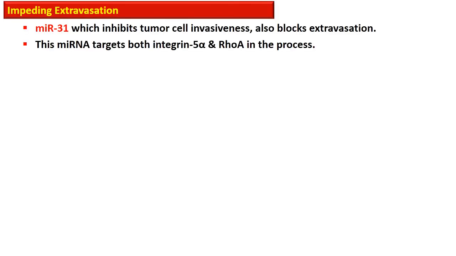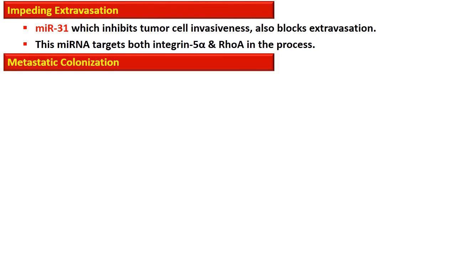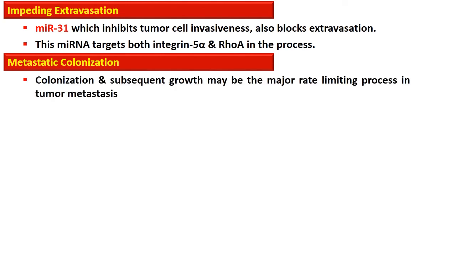The microRNA 31 that inhibits the tumor cell invasiveness or intravasation also blocks the extravasation. This microRNA targets both integrin alpha 5 and Rho-A in the process of the extravasation. Then there are some inhibitors of metastatic colonization, and this metastatic colonization may be the major limiting step in